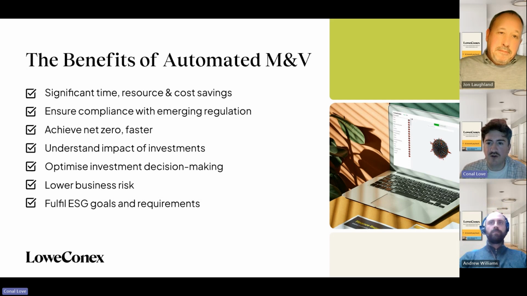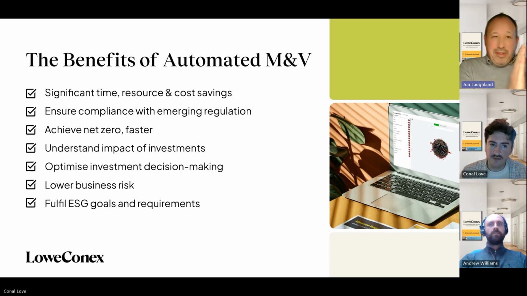I know we've talked around a couple of our offerings there, and maybe touched on quite a lot of benefits, offering that level of control, drilling into HVAC, between BMS, but actually using that Switch element to drive the savings, and then automated M&V to verify them. It's a really nice offering, but outside of that, what kind of benefits does this technology offer to users? Well, from an automated M&V, it's that time, resource, and cost saving,